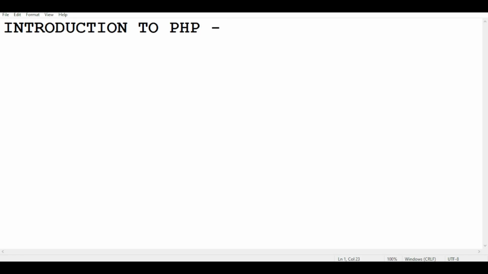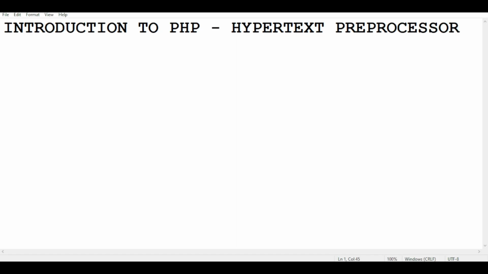All right, guys. What do we understand by PHP? PHP actually stands for hypertext preprocessor. Yeah, hypertext preprocessor. Let me put that down for us. So, hypertext preprocessor. This is more like a recursive acronym. So PHP stands for hypertext preprocessor. It is a server-side scripting language. Let me put that down for us also, so we do not miss out on any of it.